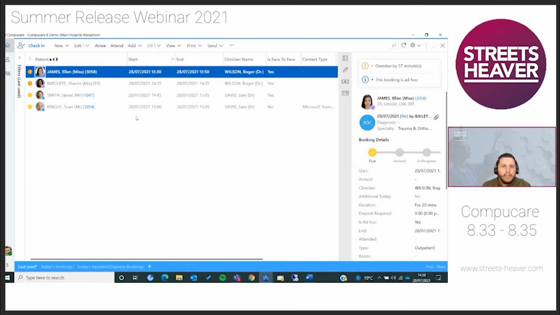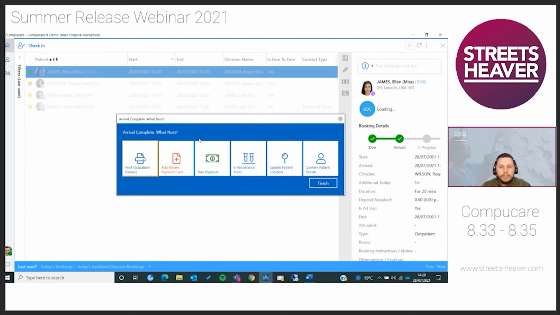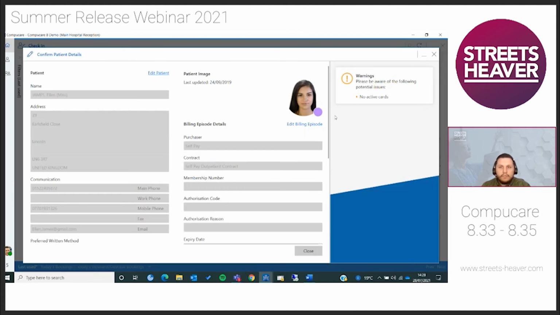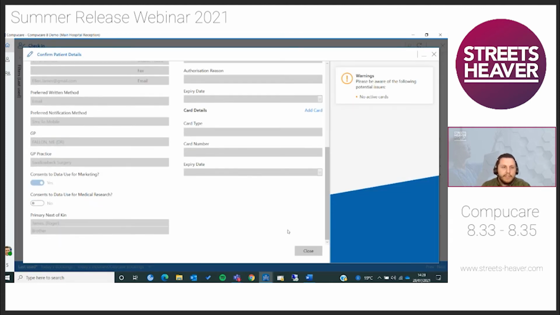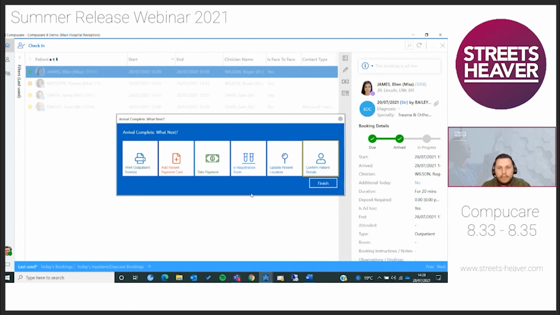So you'll see we're back in our check-in screen now. If I just arrive the patient, just so we can see what this is doing in the background, I'm just going to go on to confirm patient details. And you'll see at the bottom, those preferences that we put in, they've saved into that patient record there. So if I just come back out of this and go into our e-registration form in the post actions,